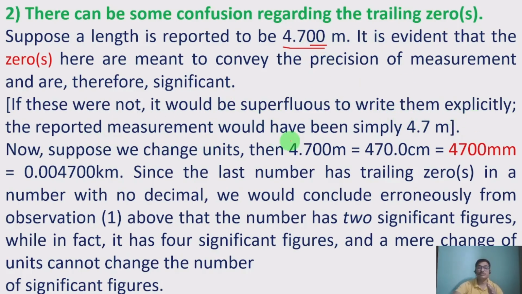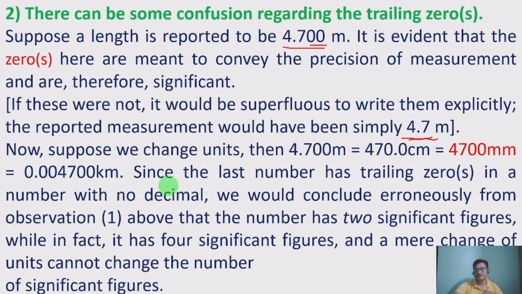The reported measurement would have been simply 4.7. If the reported result is 4.7 meter only, then continuing the discussion, suppose we change units: 4.700 meter equals 470.0 centimeter, which equals 4700 millimeter, or equals